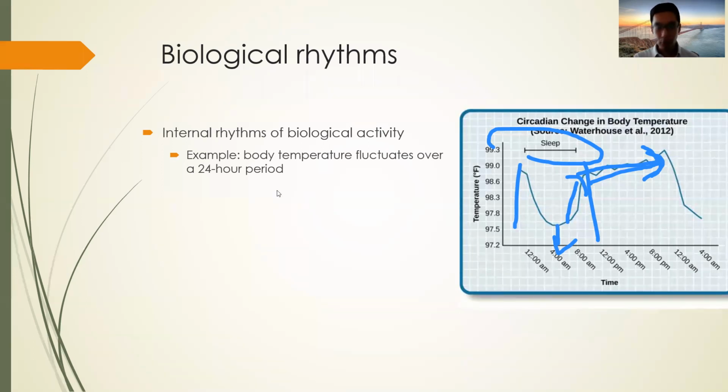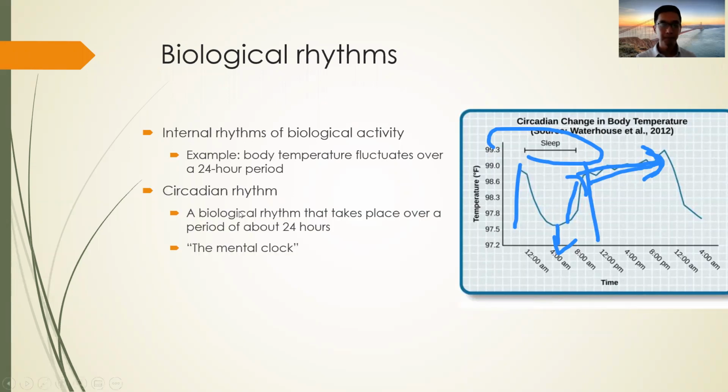And this is also true for a lot of other phenomena inside our physical body. Normally the period of this kind of internal rhythm is 24 hours. That kind of rhythm is called a circadian rhythm. Circadian means 24-hour. So a 24-hour rhythm is a circadian rhythm. That is true for every rhythm inside our physical body. So our biological rhythm happens once every 24 hours. That's the mental clock or the biological clock.